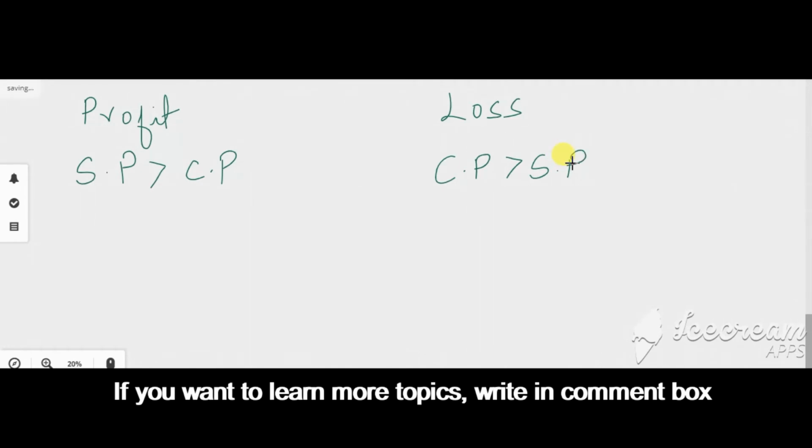Now I have written one question: profit is given, that is rupees 20, and cost price is given, rupees 35. Now we know when someone is getting a profit, the selling price is greater than the cost price. So how will we calculate selling price? We calculate selling price by adding profit to cost price. So the formula will be SP is equal to CP plus profit.